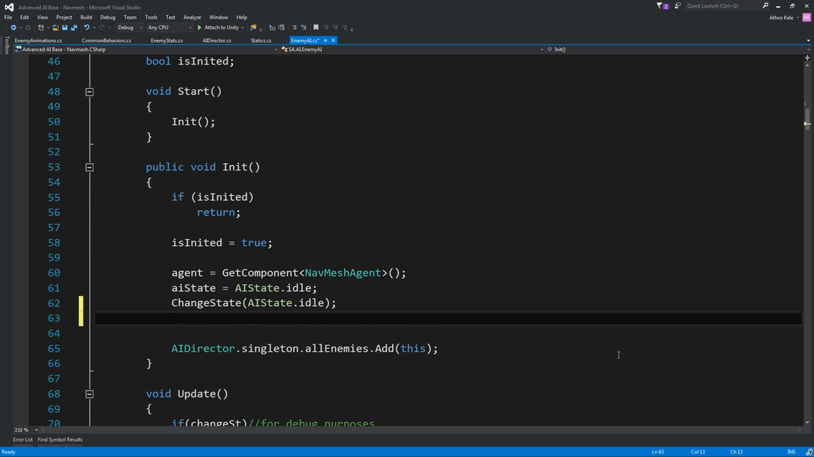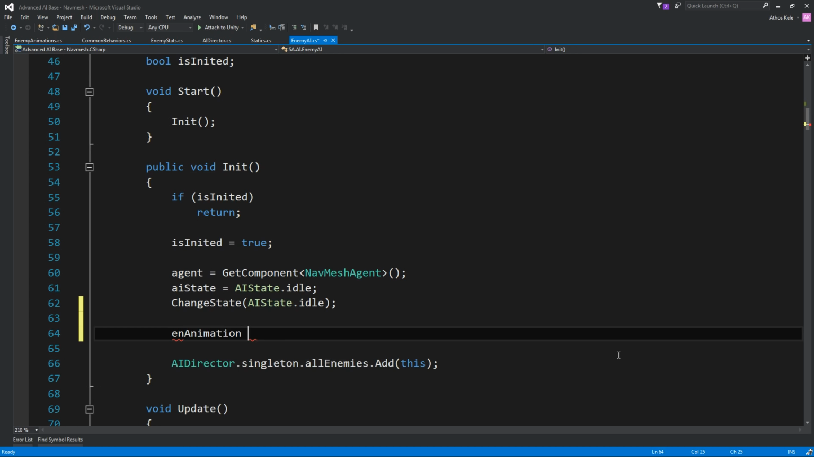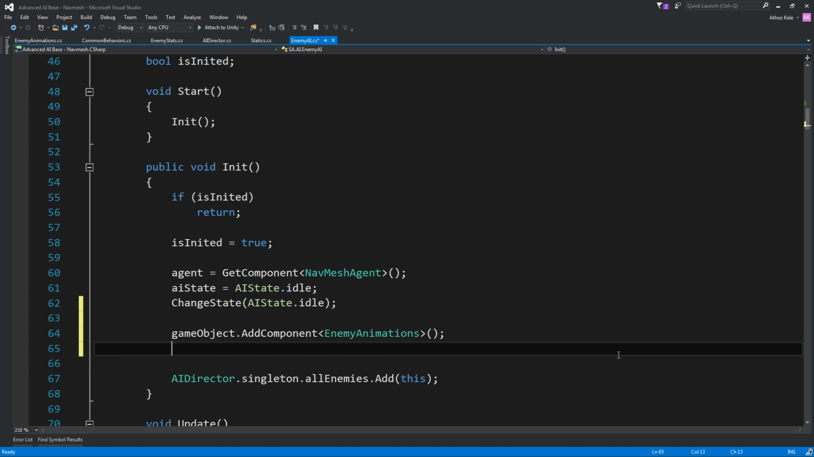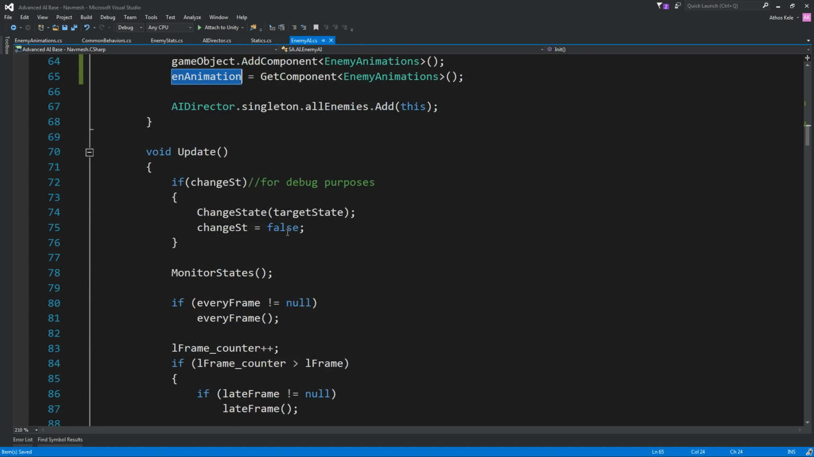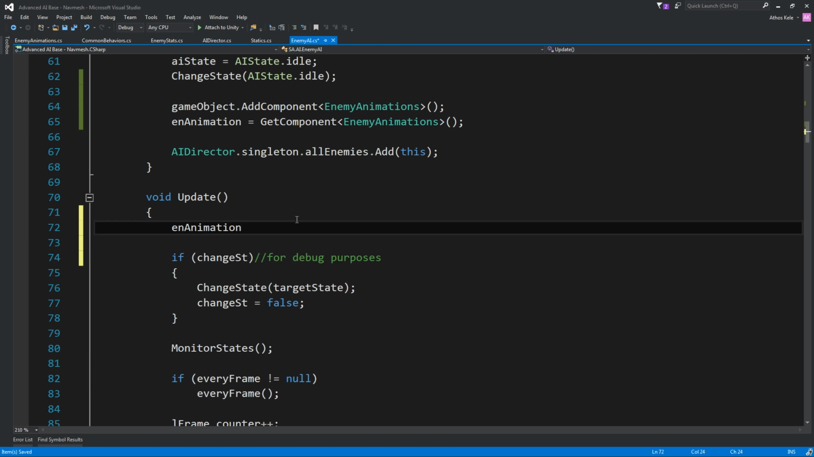And let's do it the same way we have our agent. Let's add our enemy animation component so that we don't have to add it from the inspector. And we have our enemy animation, get component enemy animations, and okay, we are pretty much set. If we now do enemy animation dot tick agent dot desired velocity,